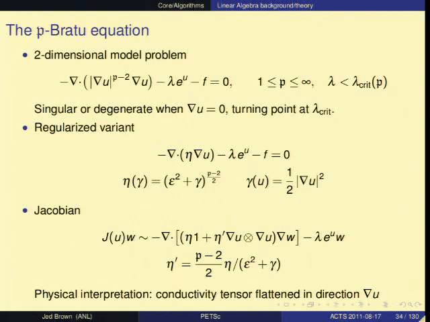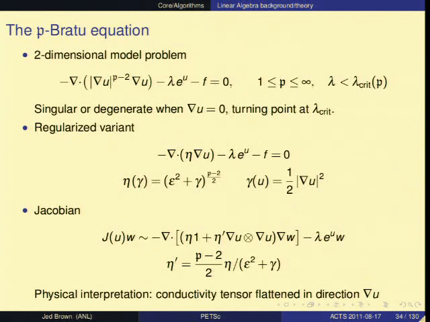The p-Laplacian part here is singular or degenerate, because if you put in grad u equals 0 into the system for any p not equal to 2, you either get an infinite viscosity or you get 0 viscosity, neither of which are good things to have happen. So we'll work with this regularized variant. We can take the Jacobian of this system. That just comes from differentiating through this eta, this effective viscosity.